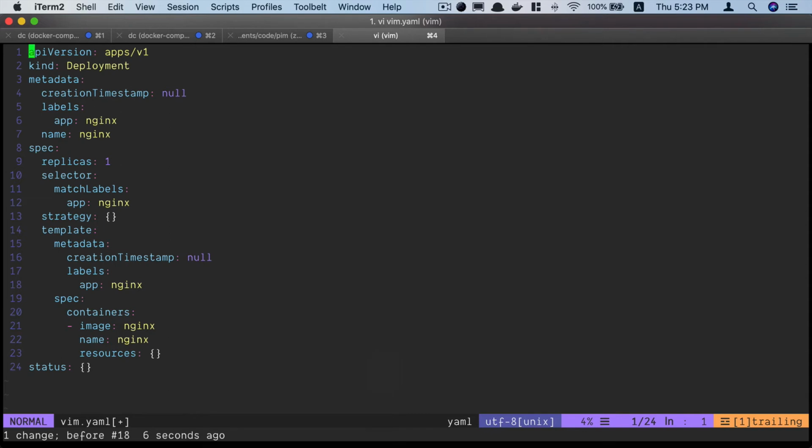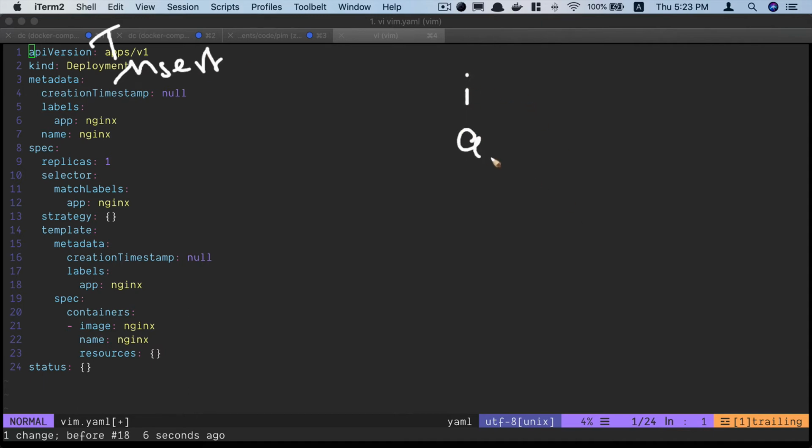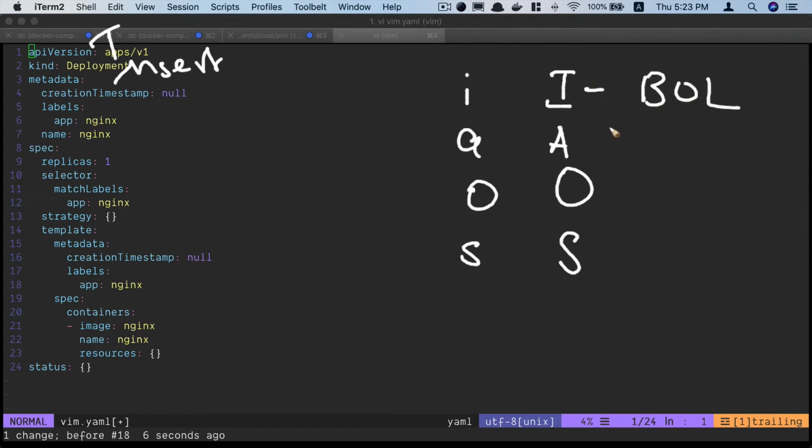So once again, just to summarize, in insert mode, we can enter the insert mode in 4 different ways using I, A, O, and S. And similarly, you can use capital I, capital A, capital O, capital S. This will take you to the beginning of the line, end of line.